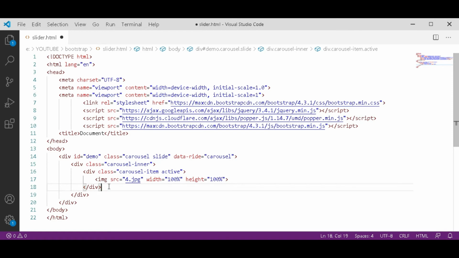If you want more images in that slider, after that div tag, open another div. I am adding 3 pics.